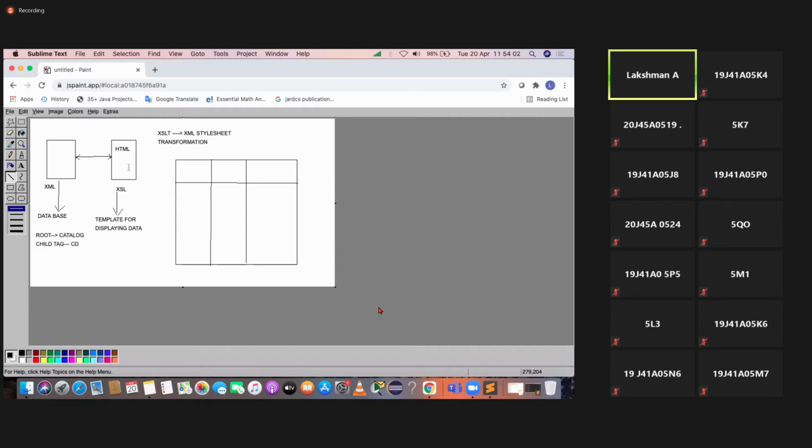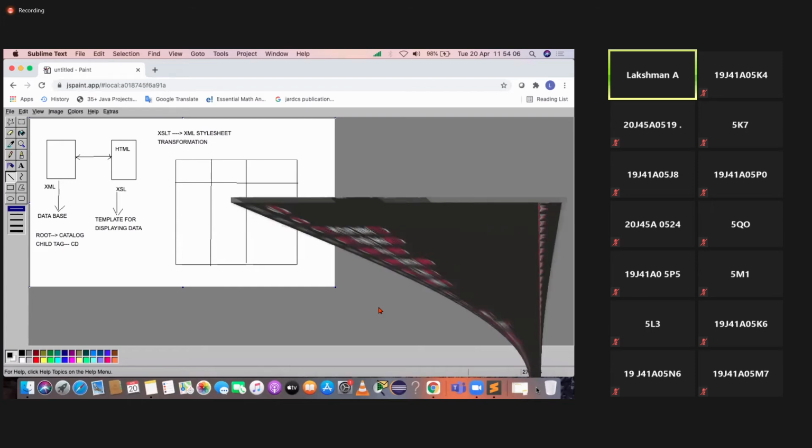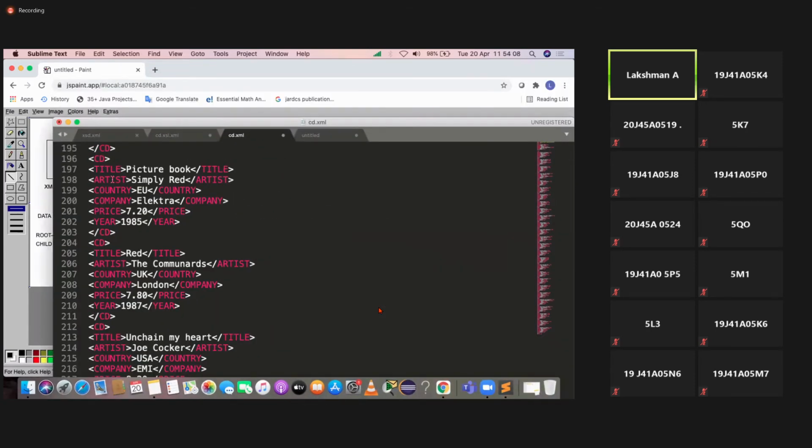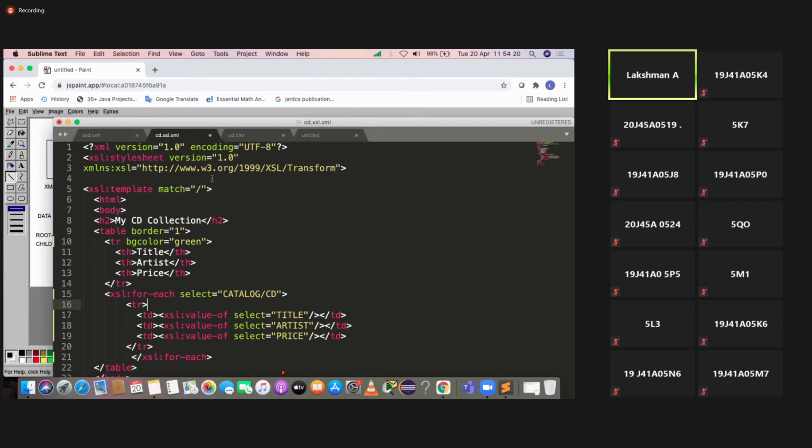Now let us see how to create a table for three columns. We have a lot of information here, a lot of records: title, artist, country, company, price. I don't want all of them to display in a table. I want only title, artist, and price. Only these three I want. For that, I'll create an XSL file. Okay, here you can see this